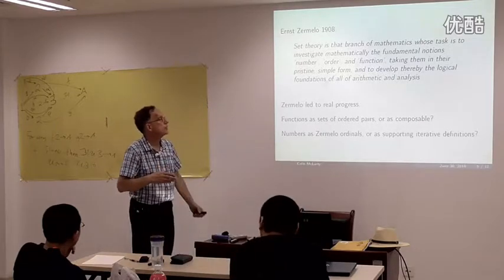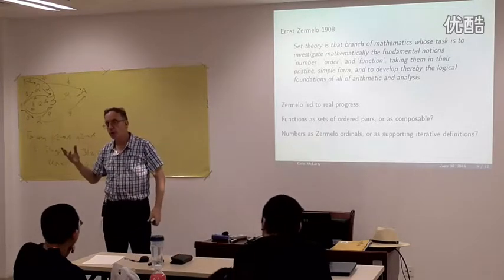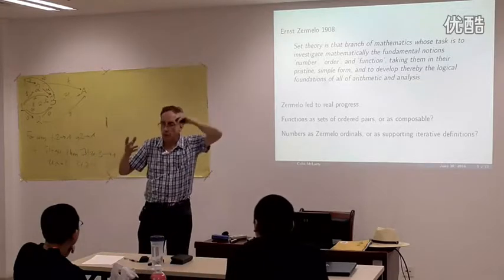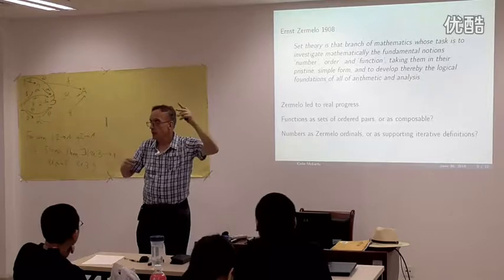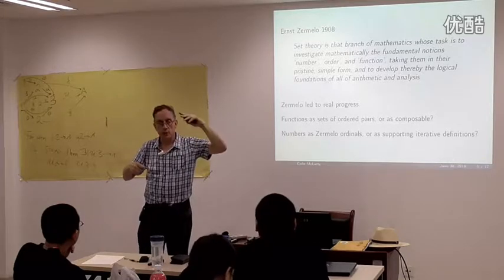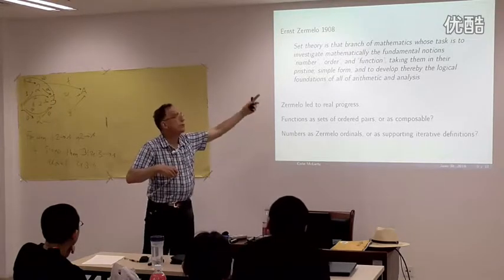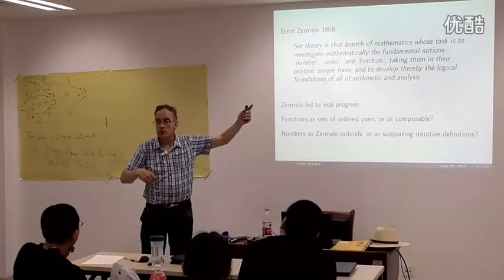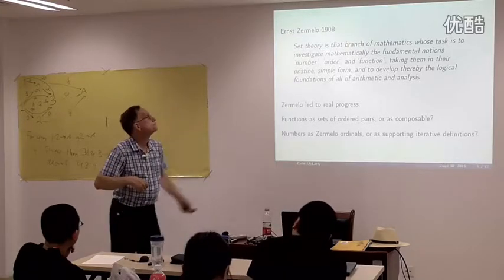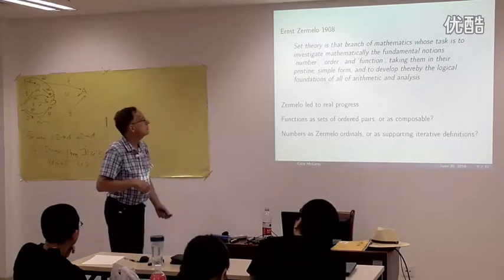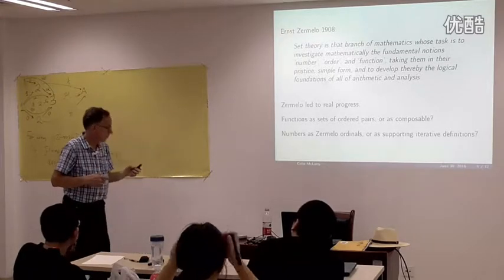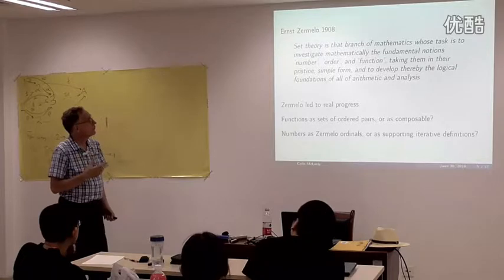When he says arithmetic and analysis, on one hand, he means all of mathematics, but he really thinks that's going to be pretty much arithmetic and analysis. From our point of view, of course, arithmetic and analysis are a tiny fragment of what set theory does. But that's his picture. It led to real progress, but what I want to take seriously here,